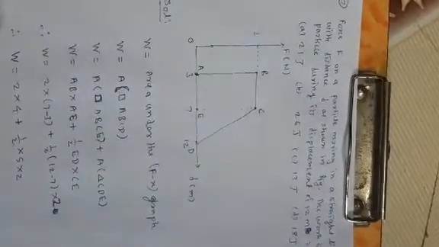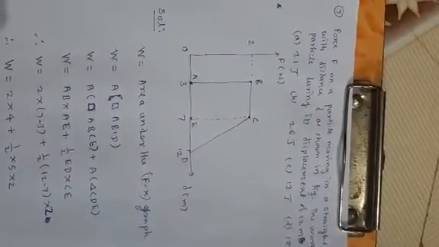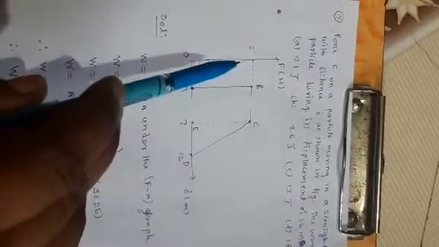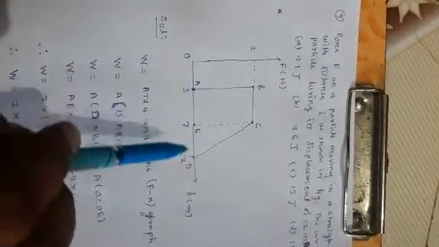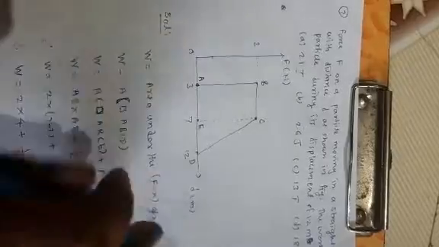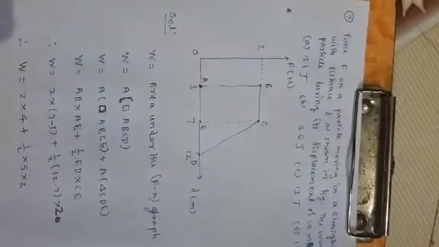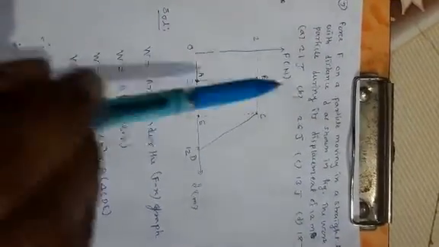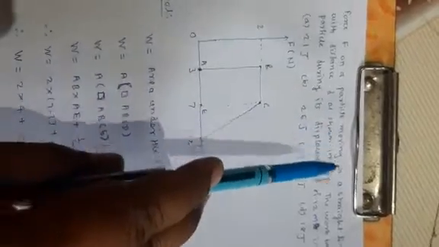This graph is known as the Fx graph. F is taken on y-axis and x, the distance, is on x-axis, so it is known as the Fx or force displacement graph. Force F on a particle moving in a straight line varies with the distance d as